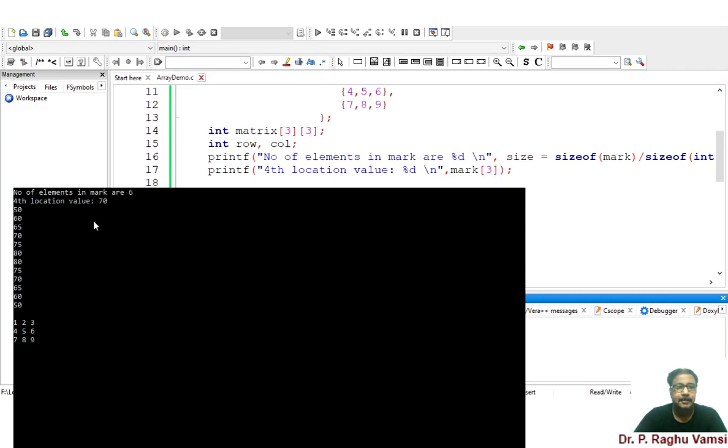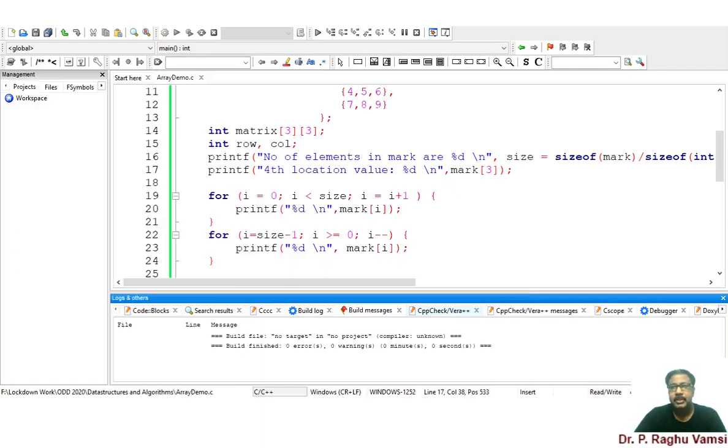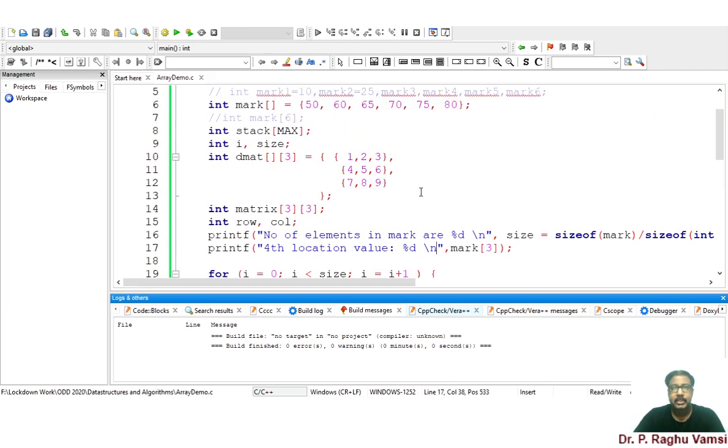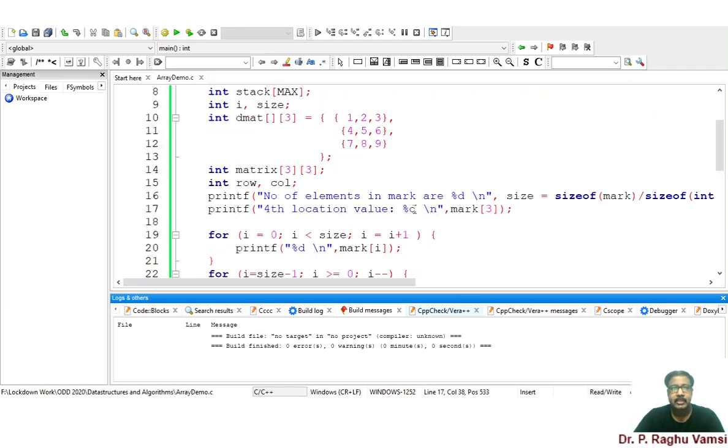So this is the way we can print a particular location in an array. Not only this, we can also do the same for a two-dimensional array. Now I want to print a two-dimensional array element like DMAT of 1 comma 1. That means location 1 1.